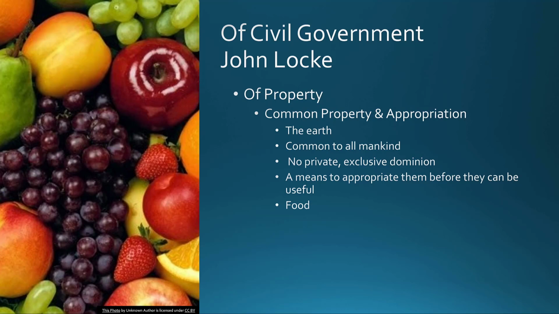And it begins with religion, his view of God. So as he sees it, in the beginning, God creates the earth, and he gives the earth and all the stuff on it to everybody. It's there for our support and comfort, and its fruits and beasts belong to all of us in common because they're the product of nature. So in the beginning, according to Locke, God creates the world and everything on it. Then humans were created on his account. And so initially, no one owns anything, because there's just people and what God created.